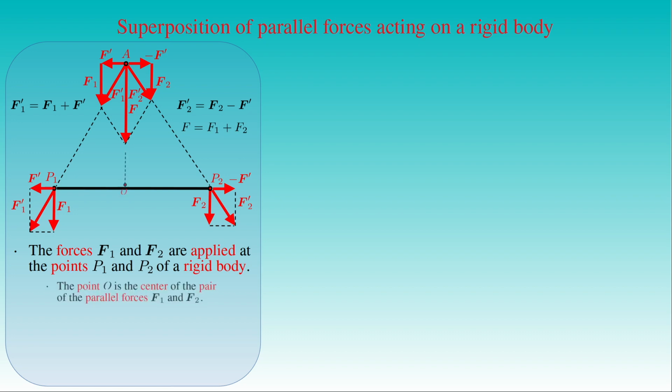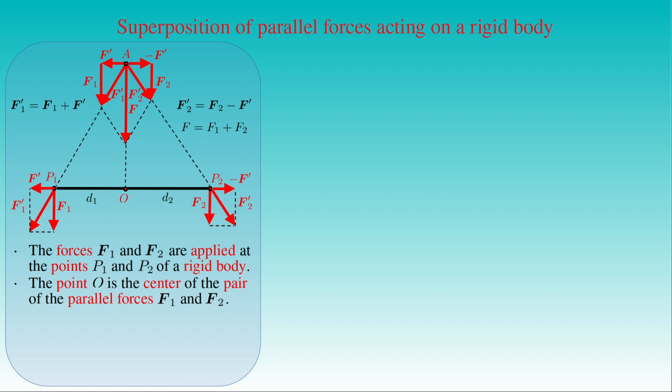The point of intersection O of the line of action of the net force F and the section P1-P2 is the center of the parallel forces F1 and F2. This center is always nearer to the point of application of the force that is the bigger one in the pair. If D1 denotes the distance between the points P1 and O, and D2 is the distance between the points P2 and O,